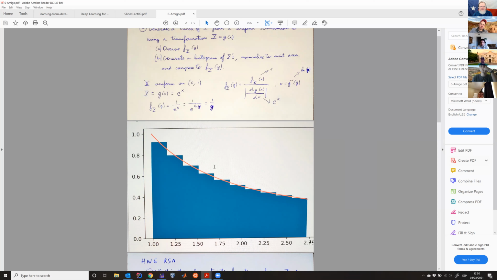You could have gone further, couldn't you? No, because for the transformation I was using the uniform between 0 and 1, so you don't have numbers to go further. You transform it to e to the x. Okay, I see. So what you're doing is the transformation that gets you to 1 over y. Yes. Very good. Okay, very interesting. So 1 over y would go from 1 to 2.75, a little bit less.